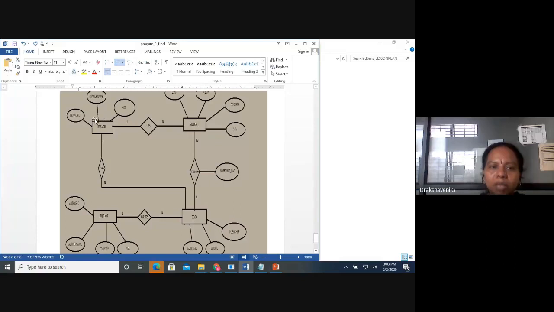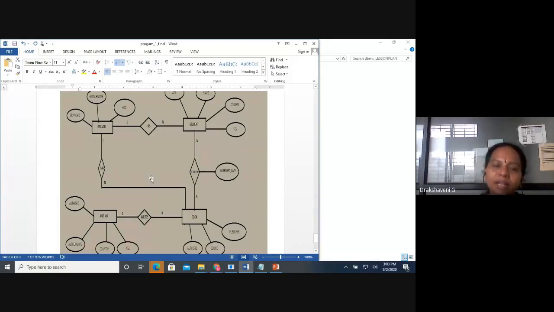In branch, the columns are branch ID, branch name, HOD. In student, USN, name, address and SEM. In book, book ID, author ID and publisher. In author, author ID, author name, country and age. This is how we write an ER diagram.